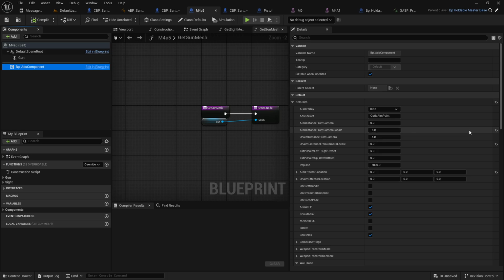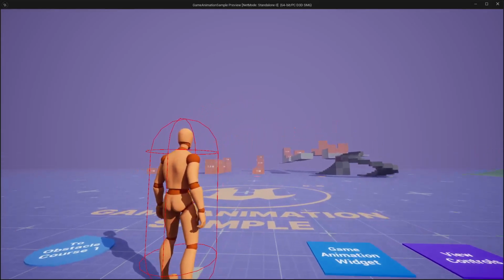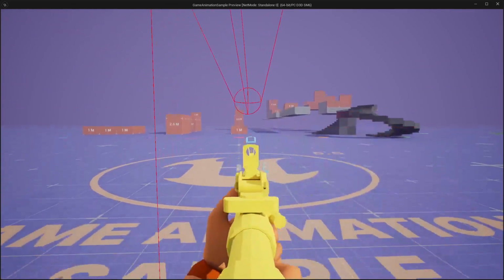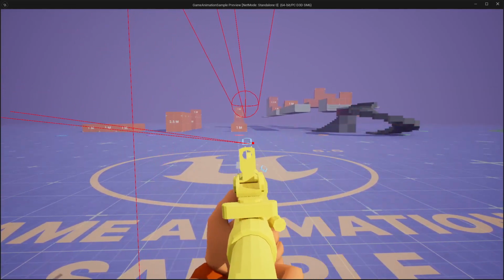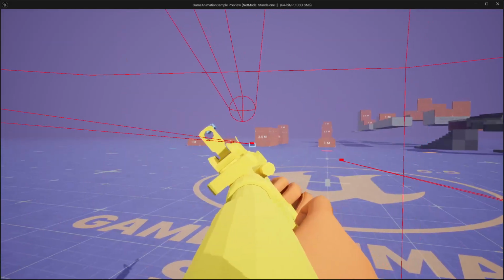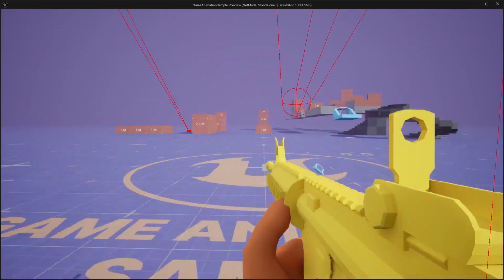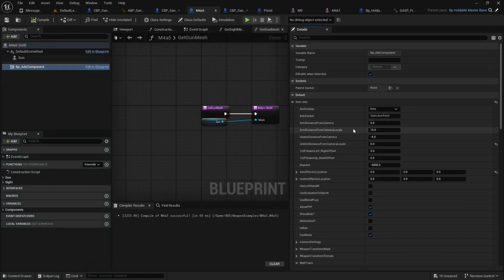We're aiming from this far camera, so this controls what the local people see when you're aiming. First person, as you can see, and it's then when you